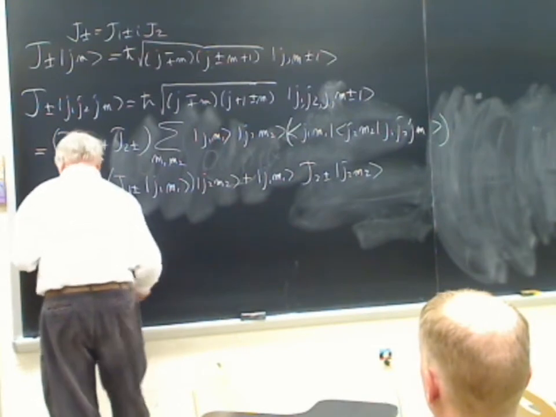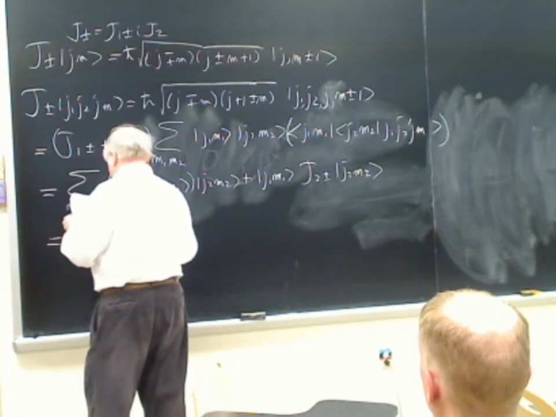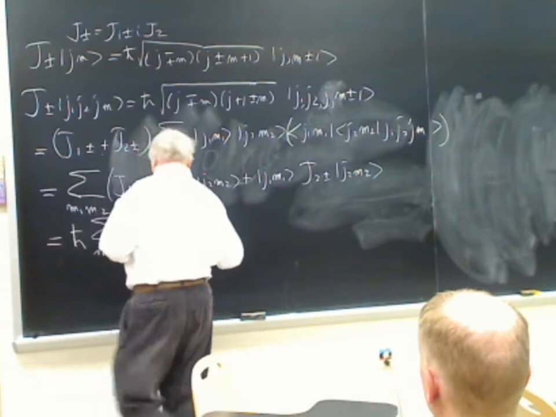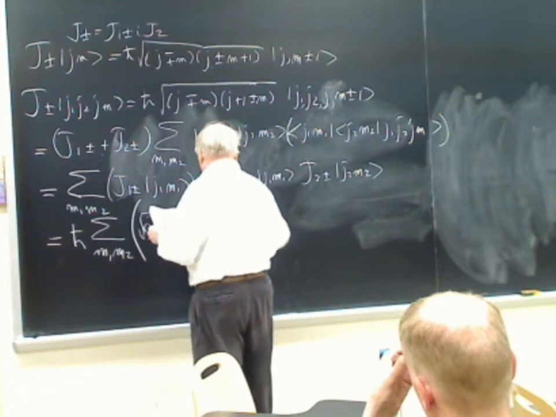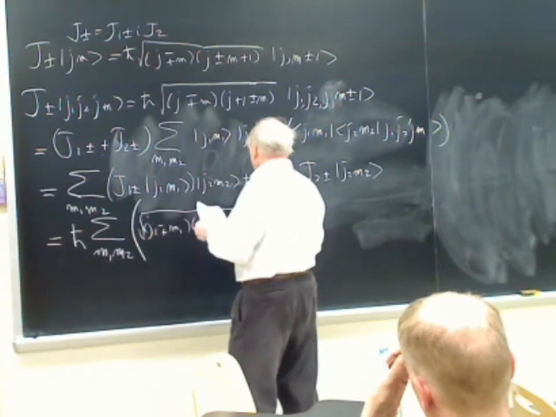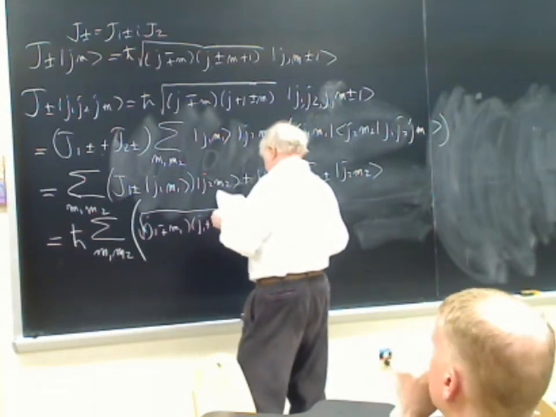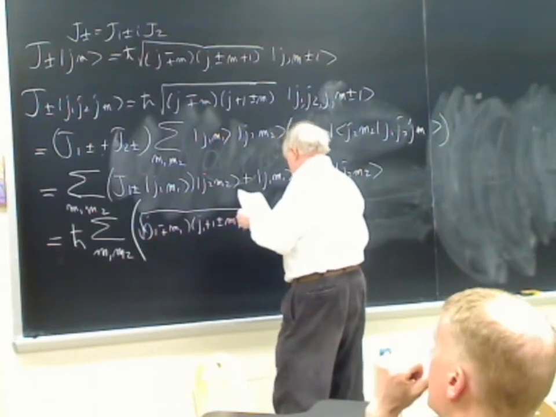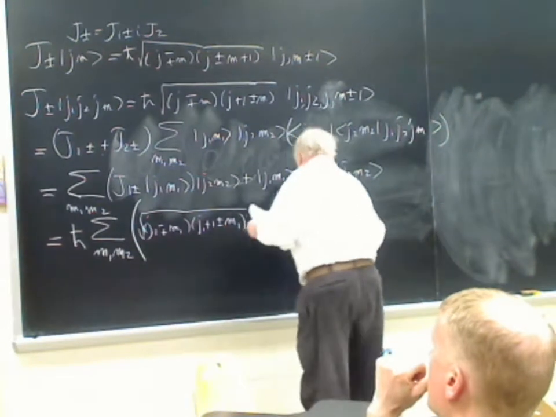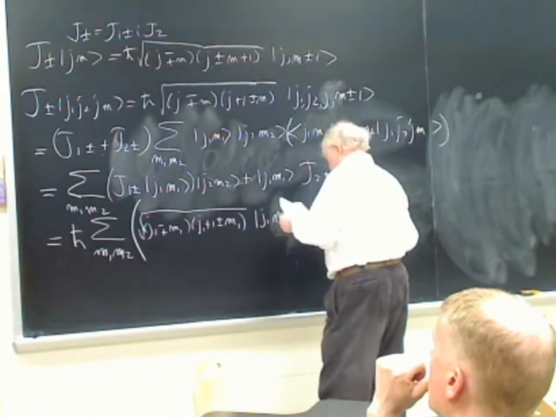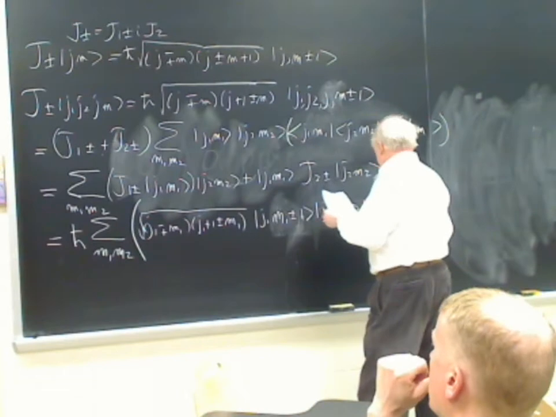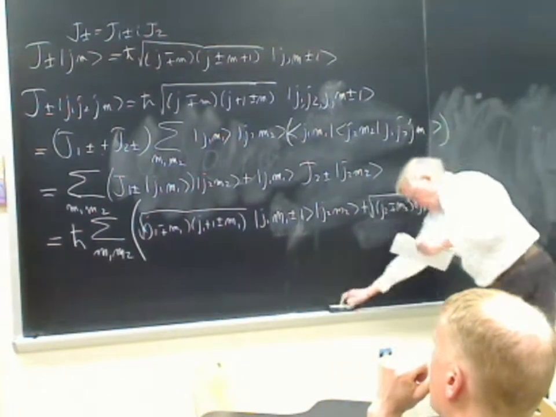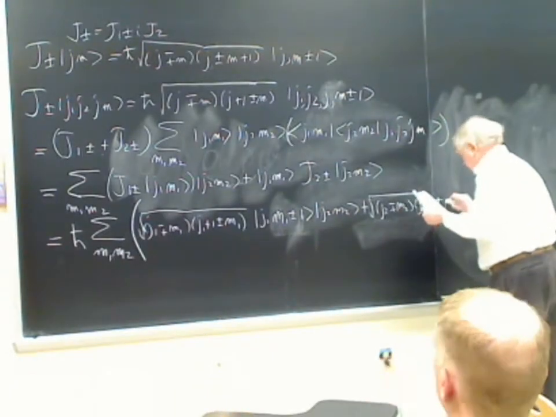Sum over M1, M2, big parentheses, square root of (J1 minus or plus M1)(J1 plus 1 plus or minus M1) times |J1, M1 plus or minus 1>|J2, M2>, plus square root of (J2 minus or plus M2)(J2 plus 1 plus or minus M2)